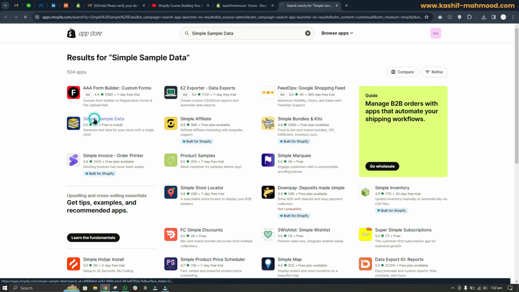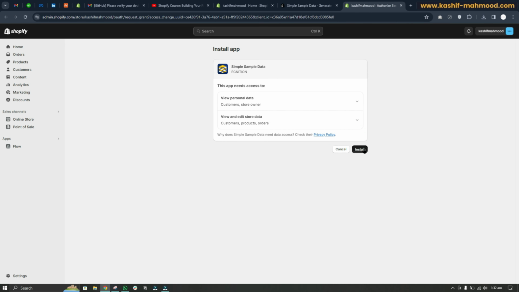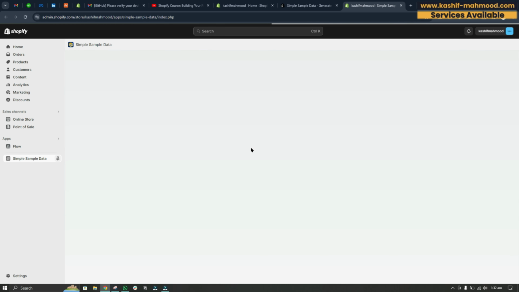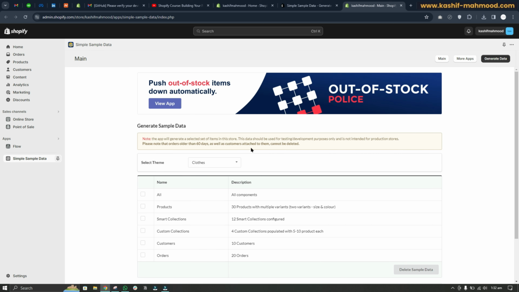And here is the app. It is free to install. We can install it to import some sample data for our store. Install. So this will upload some sample products in our store, and we can start creating our store design based on that. In this course we will add the shipping methods, taxes, and different kinds of stuff based on these